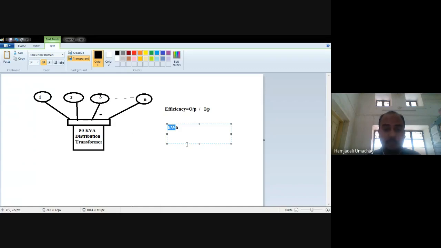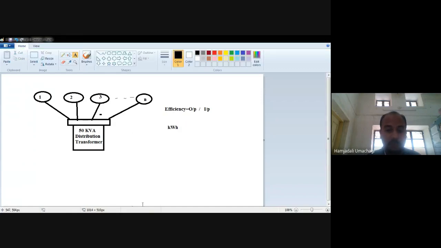Then that kind of efficiency, what do we call it? That type of transformer efficiency, we call it the true efficiency of the transformer. If you directly take output by input, both the output and input will be in terms of kilowatt, and that is not going to give us the true efficiency of the transformer, because if you take it that way, it will be only 30 to 40% efficiency of the transformer. So if I want to calculate the true efficiency of the transformer, then I need to take into account time information also, the time along with the kilowatt.